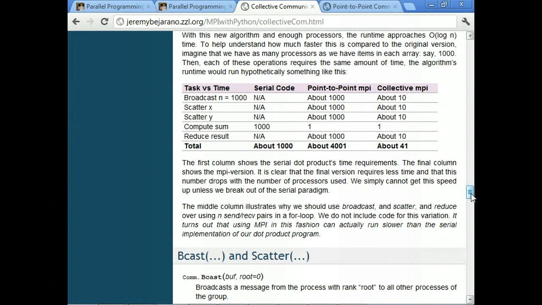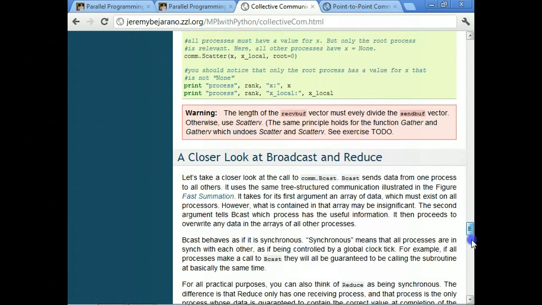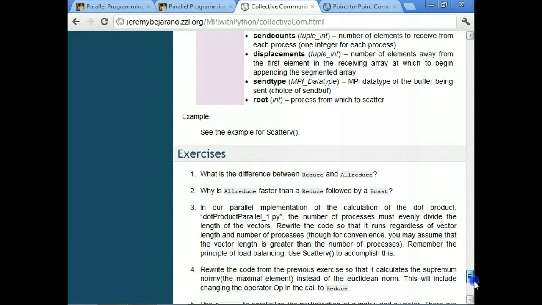Another assignment is we're going to parallelize the operation of multiplying a matrix by a vector. There's 2 ways to do that. The assignment is going to have you come up with the 2 ways of doing that, and then you're going to talk about which one would be better. They use different operations.